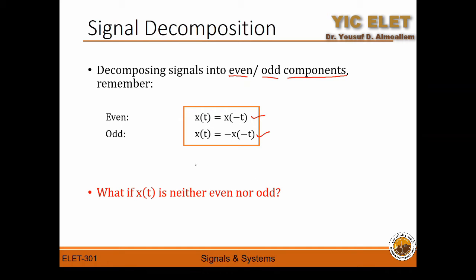Still, we can write it as a function of these two components. Like if we do have this signal, part of it is odd and another part is even. So if we look at this signal,